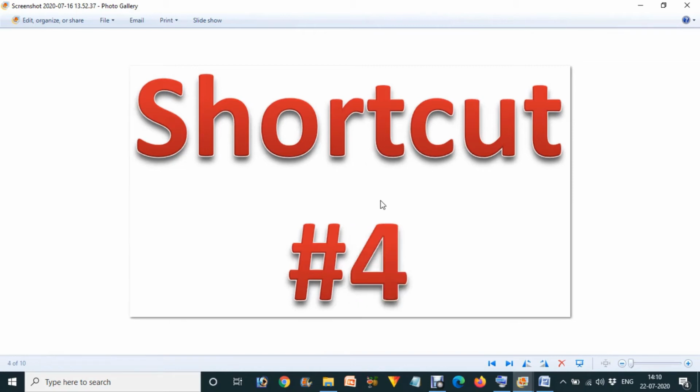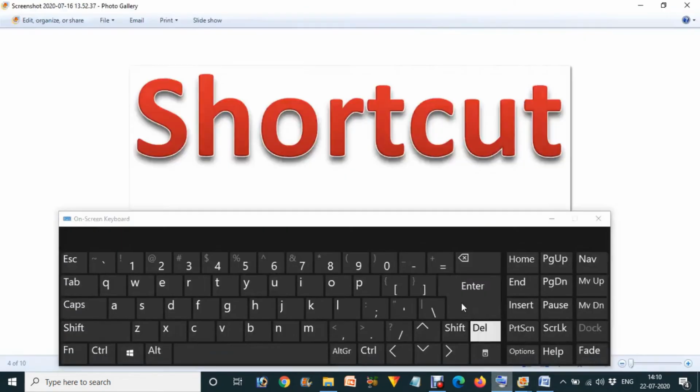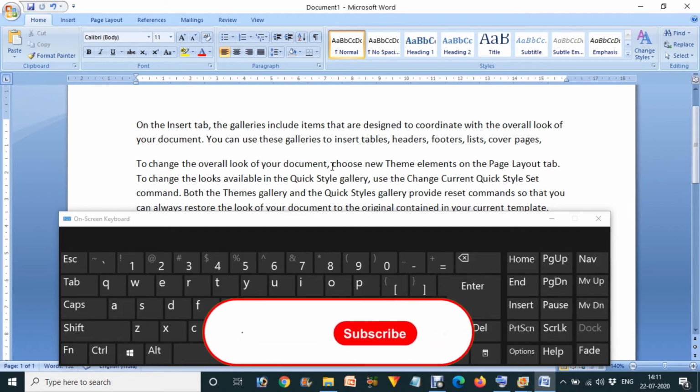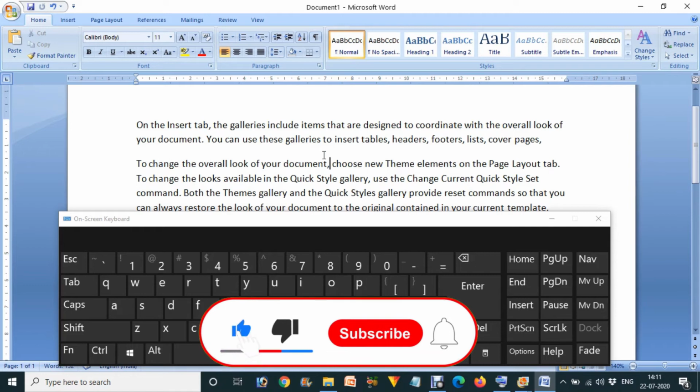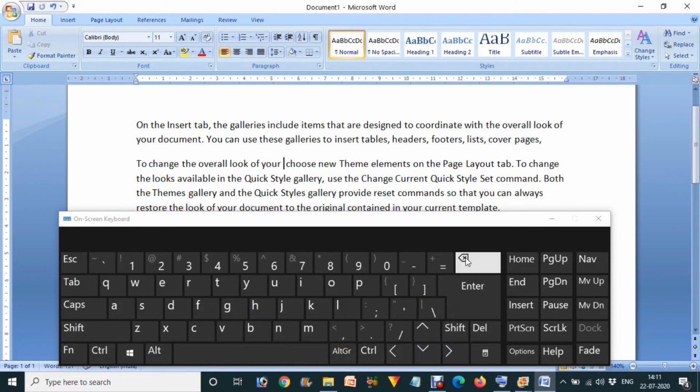I'm going to tell you trick number 4, shortcut number 4, that is also a great key. After knowing this, you will feel like you are a computer expert. Many times we are typing, and by mistake we type something wrong. We fix this by deleting with backspace.